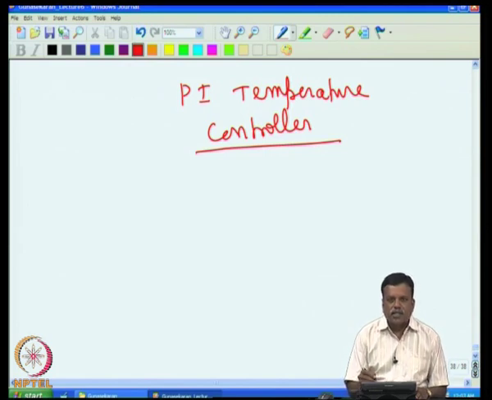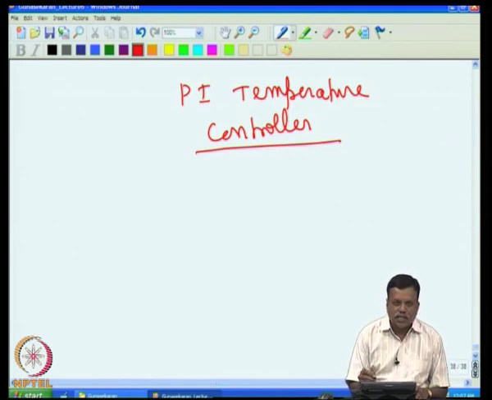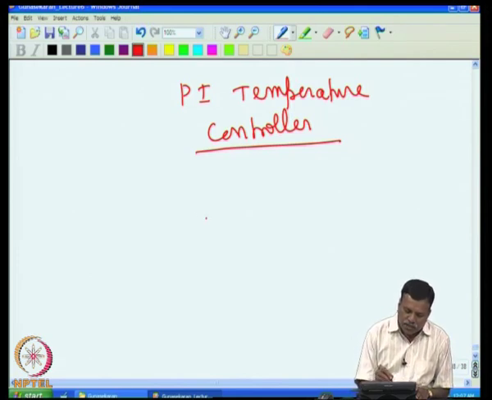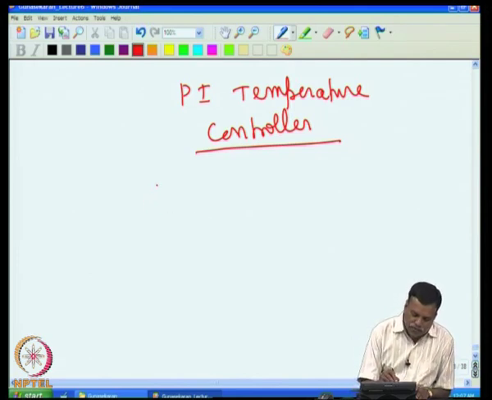This is extensively used, and we should understand why this integral action. PI means proportional integral temperature controller. We also will see later what is proportional integral differential temperature controller. So, in the proportional temperature controller we had seen that we had